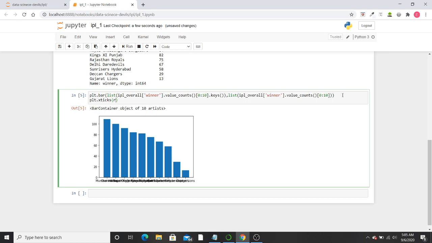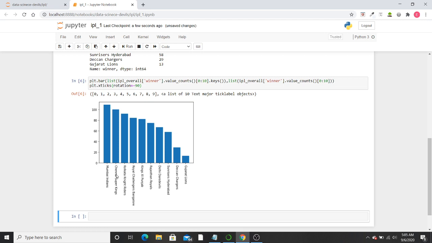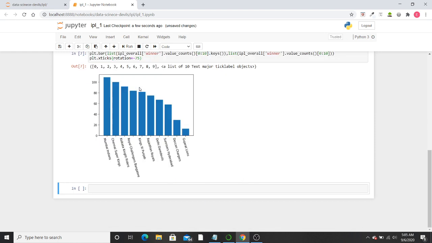So I need to pass a parameter, rotation equals, now I need it to be rotated in this way. So I'll pass a negative angle. Let's try minus 90. Okay. Let's try minus 75. So this is better.